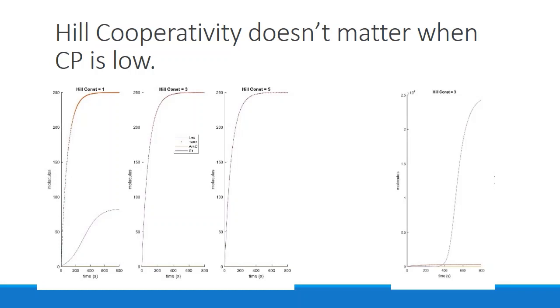You'll see a very large difference in behavior between graphs 1 and 2, or Hill coefficient 3 in the middle, and no noticeable change when the Hill constant jumps from 3 to 5. I believe that's because it doesn't take very much E-R-A-C to saturate the circuit and that construct when the copy number is 1. On the right, I have a graph where I increase the copy number to 100, and